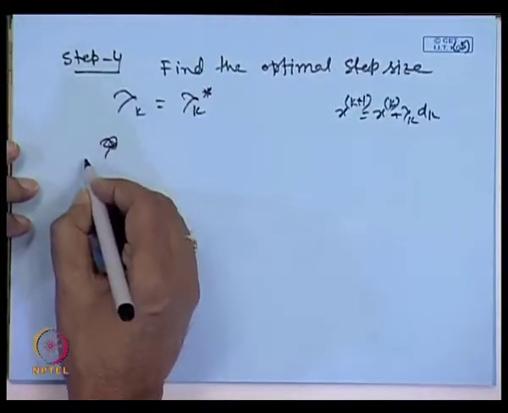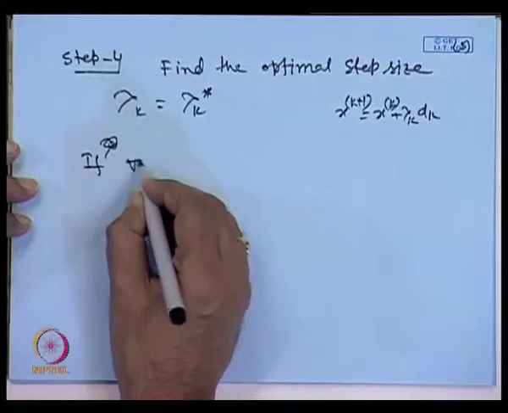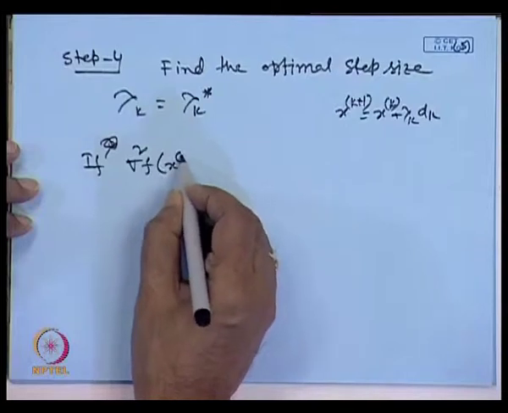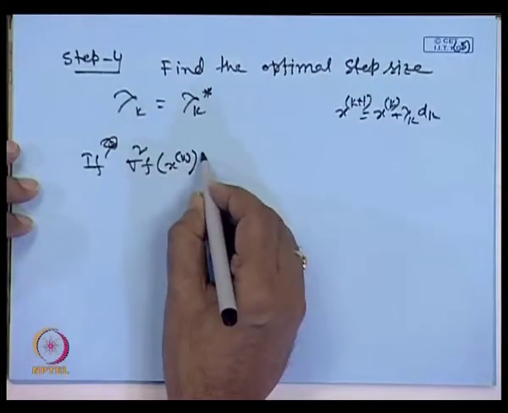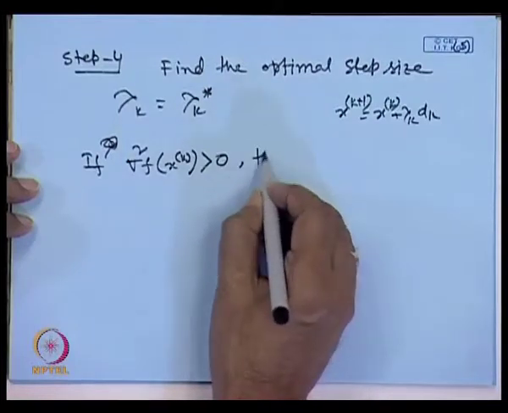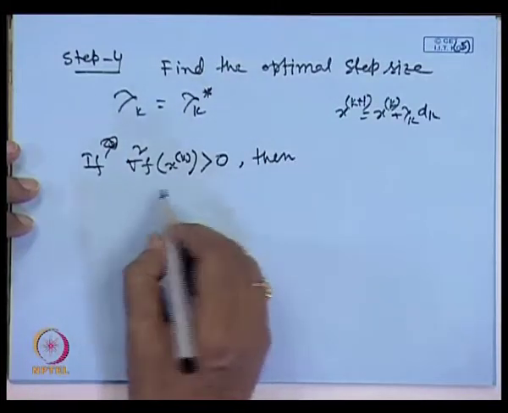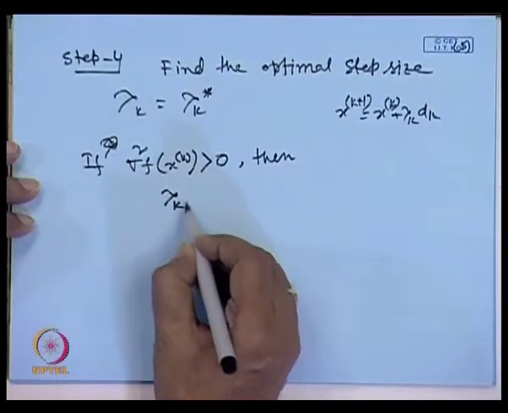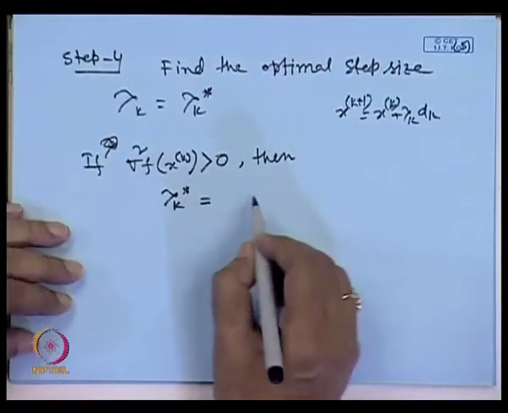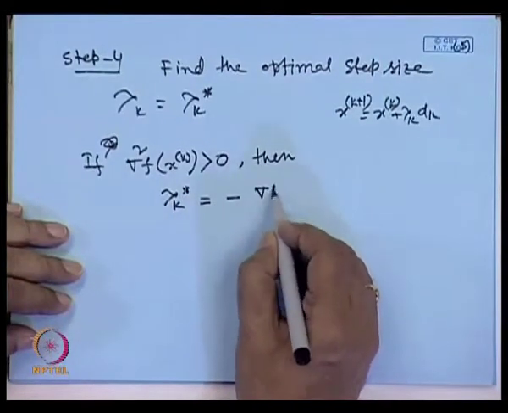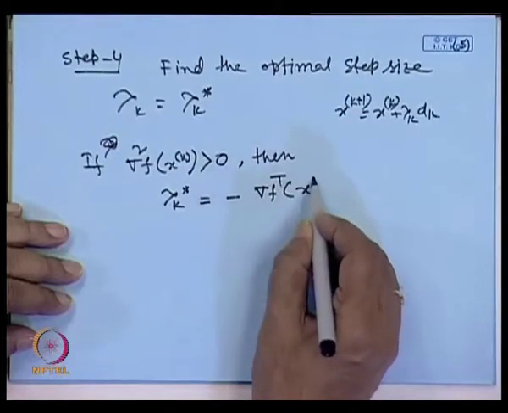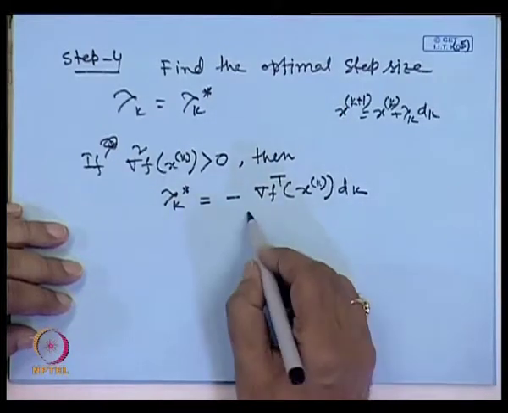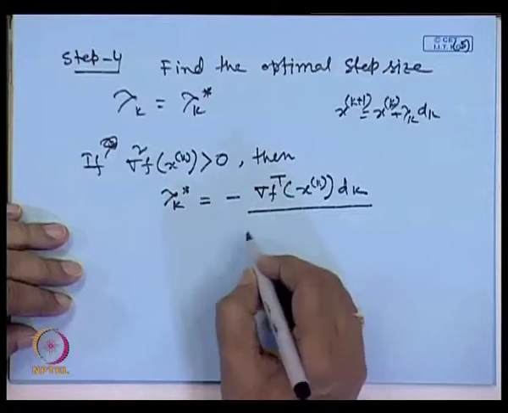Now, our question is like this: if the Hessian matrix of the function at the kth iteration is greater than 0, meaning positive definite, then your lambda k star is equal to minus gradient f transpose x superscript k into d k, divided by that d k